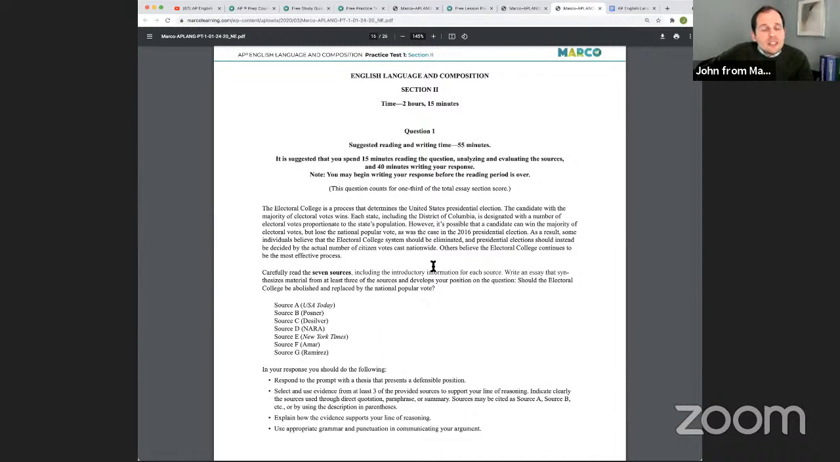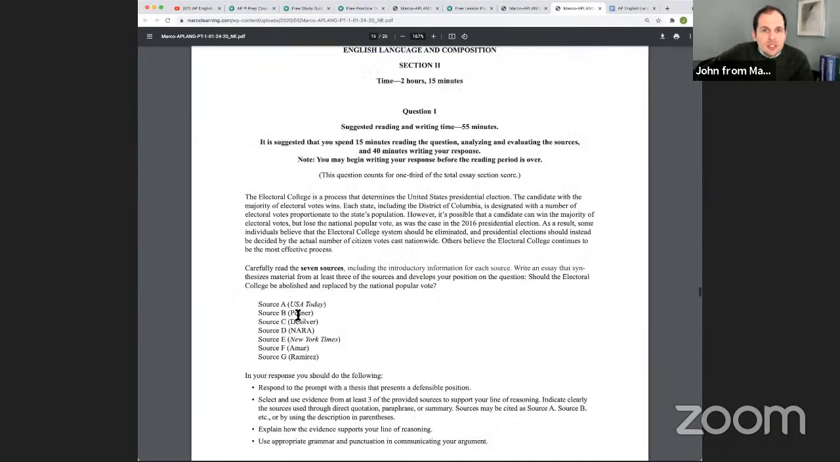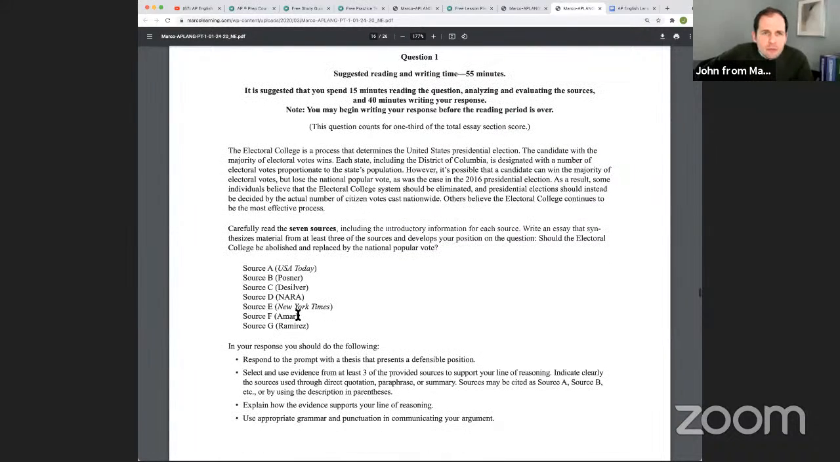So what I like to do when I start with a synthesis essay is really work this prompt very closely. I want to make sure I understand the prompt, the background information, and what I have to do. Now you'll note that this essay has 7 sources. You're probably more likely to see 6, though officially in the course and exam description, I think there can be 7. So you'll see a variety of sources, normally mostly textual sources, and some